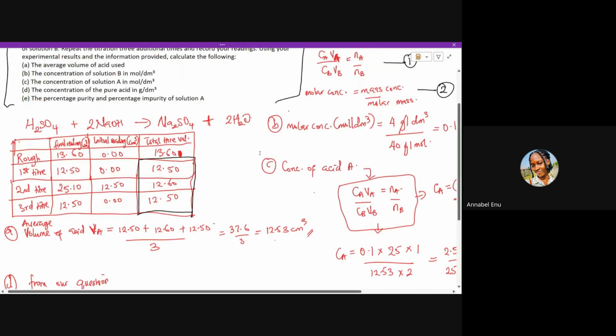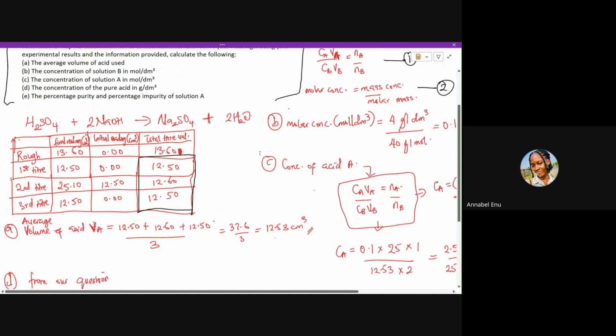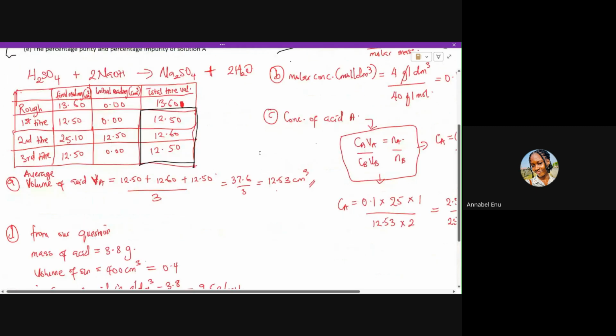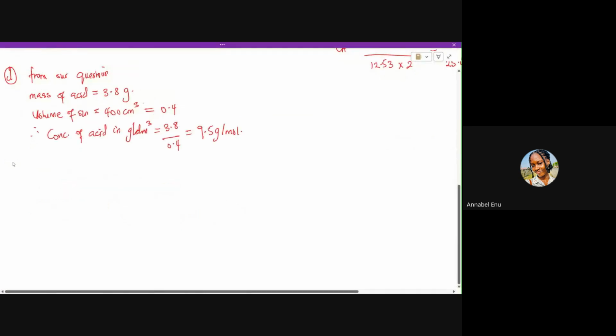Now, the next one, E, is the percentage purity and percentage impurity. Now, percentage purity, that is E. Percentage purity. Please, do you all understand up to this point? All right. Percentage purity